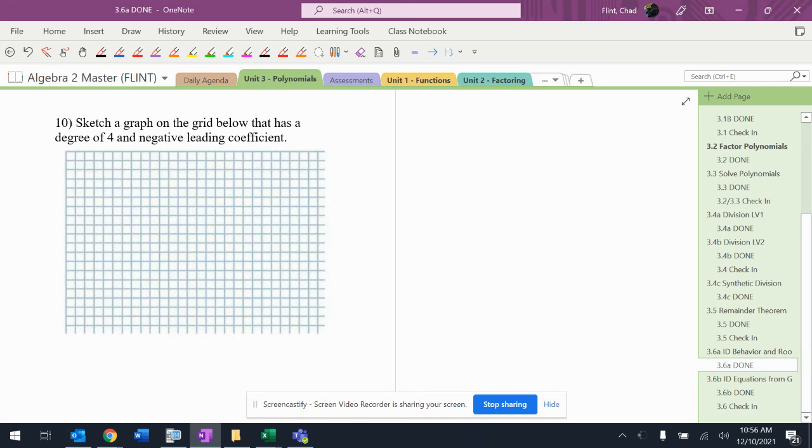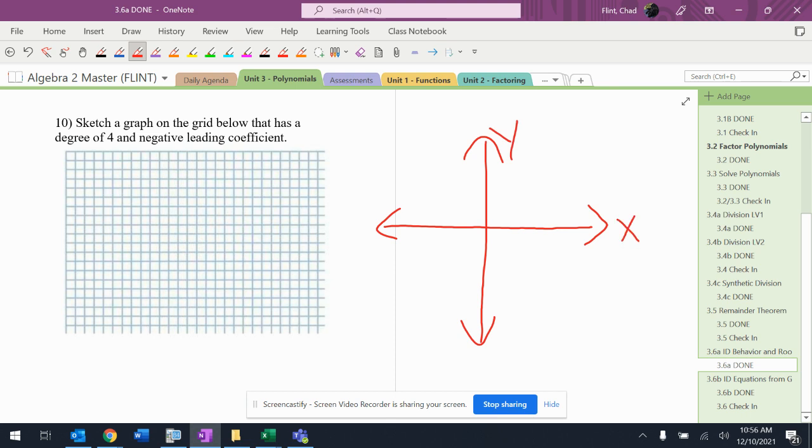So normally when it asks me to sketch something, it doesn't give me a grid. So I put a grid there. If you put it on the grid, it doesn't matter. But usually when you sketch something, you can just do this. So even though the grid's there, I'm going to come over here on the side because the grid makes it seem like I have to have specific points,